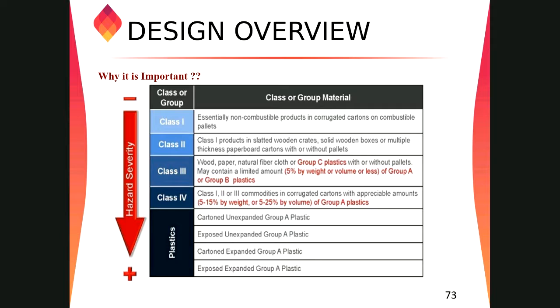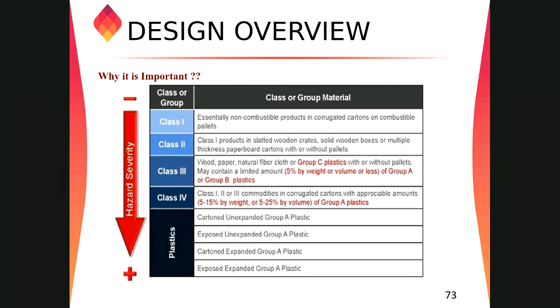If you can see the screen, you can see this figure, right? The plastics have a much more severe heat release. Class 1 is normally a non-combustible product, like steel or glass, but it is stored in packing that is combustible. We'll discuss in a while. Class 2 is again a non-combustible product, but it is stored in highly combustible packaging material.